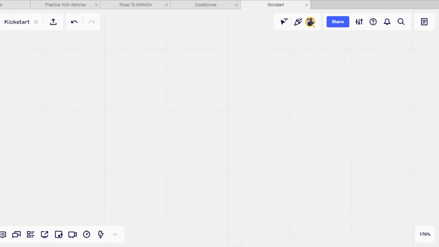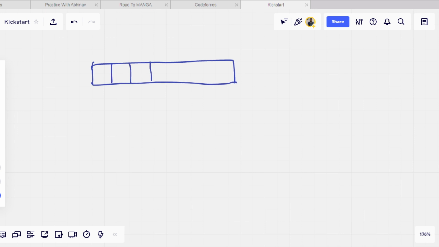Whenever we have to paint, for example, we have six blocks like this: 1, 2, 3, 4, 5, and 6. We can choose some consecutive blocks, for example 2 to 3, and then we can color them in one go.